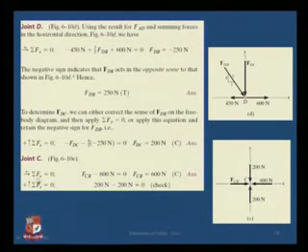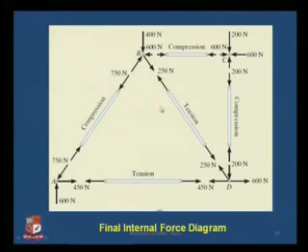Now here I have applied my summation Fy also. That is used to check whether all your answers are correct or not. This is what we have found out, FDC. If the value here and the value here come out to be the same, and the equation comes out to be 0, then that means the truss which you have solved has been solved correctly. So once we have solved this, we will be drawing the complete force diagram here.